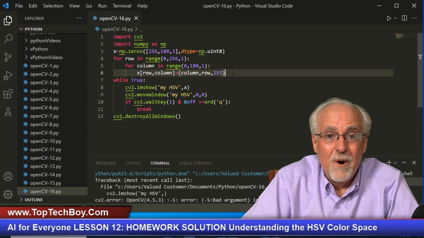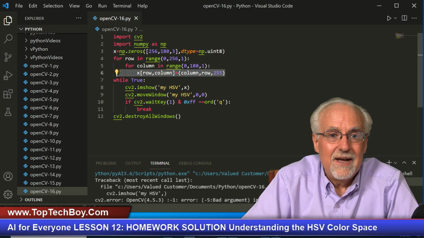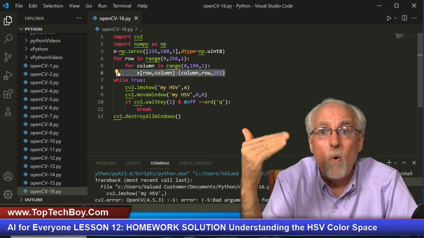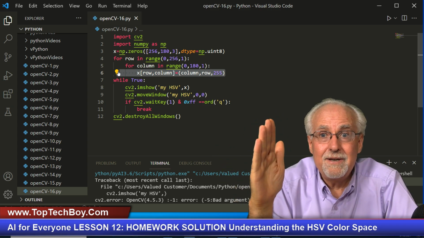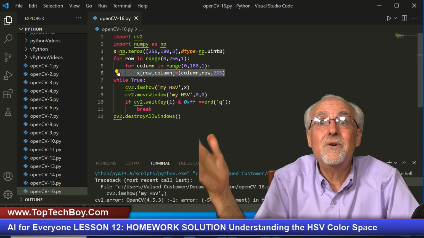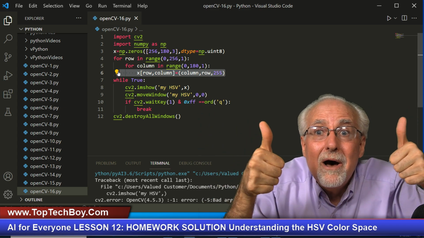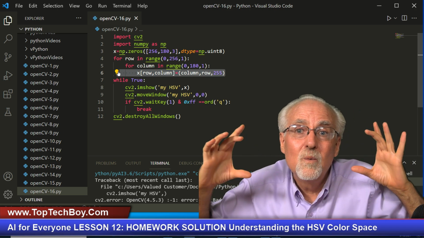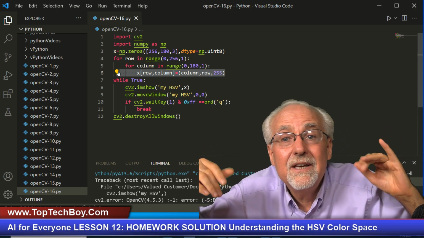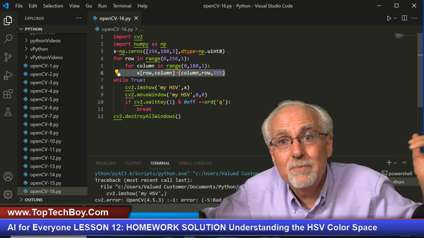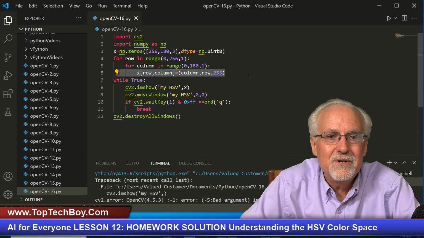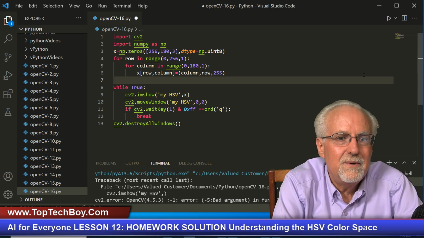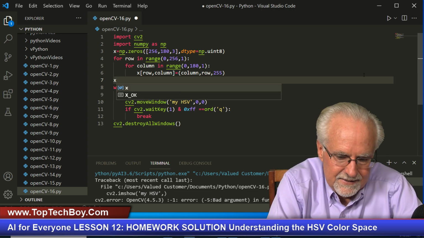What did I just generate? I just generated an array X that is in what color space? HSV. Good job. Proud of you. What's the problem? OpenCV won't display HSV. It wants blue, green, red. So what do I have to do after I've created this array? I have to say X is equal to